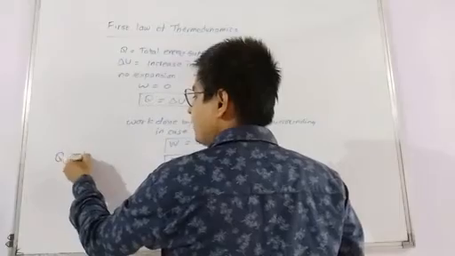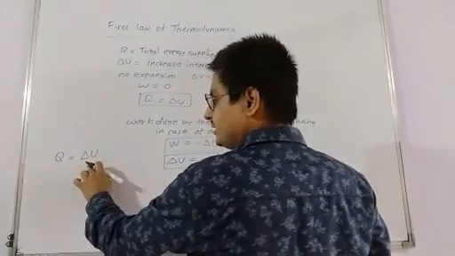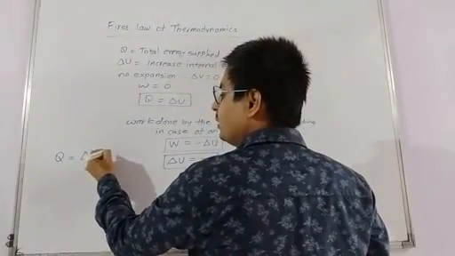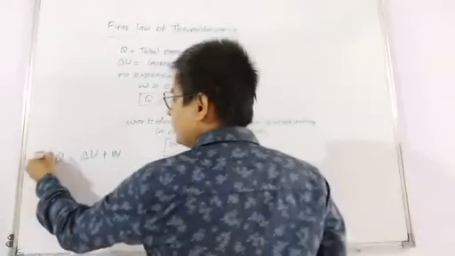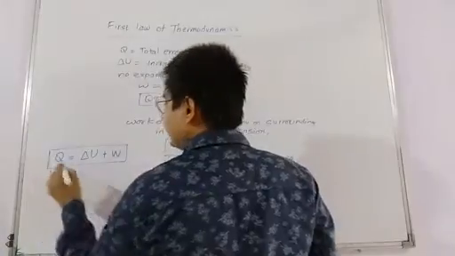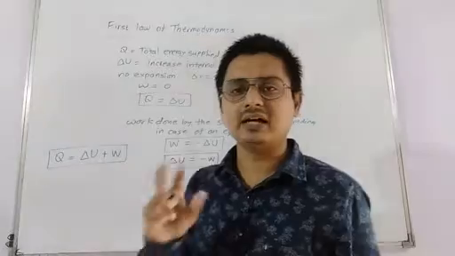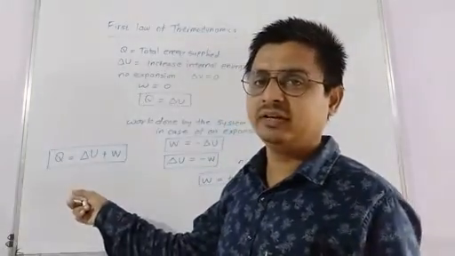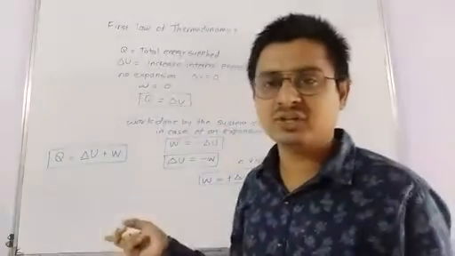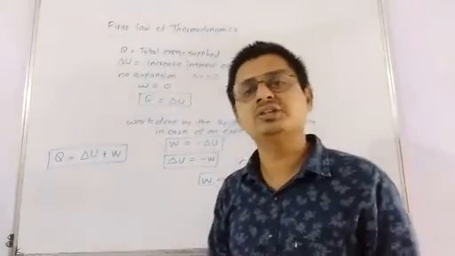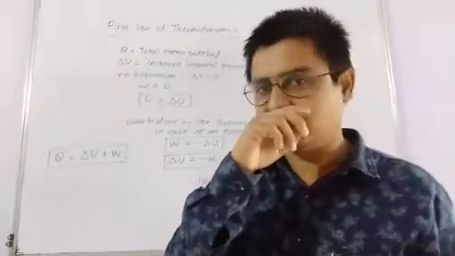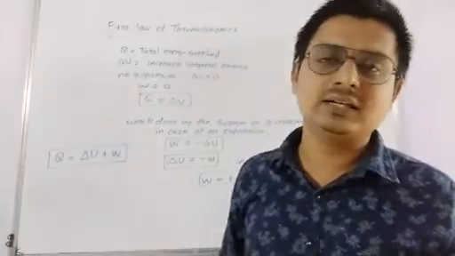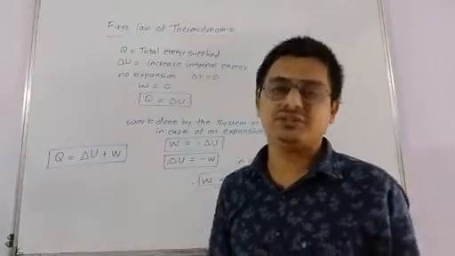That's it. So we reach the mathematical equation of thermodynamics, which states that the supply of heat, that is Q, is partly used to increase internal energy delta U plus W. Okay, the value of W, work done, is either positive or negative. That will depend on whether it is an expansion or contraction, if work is done by the system on the surrounding or by the surrounding on the system.